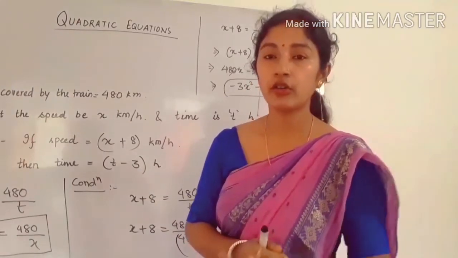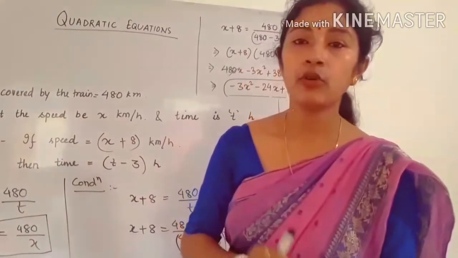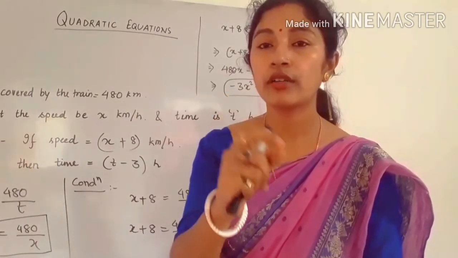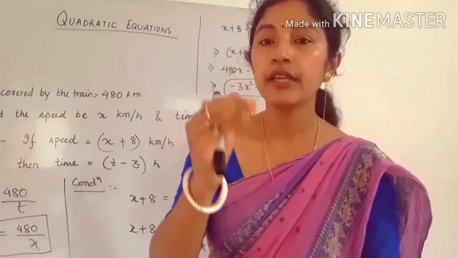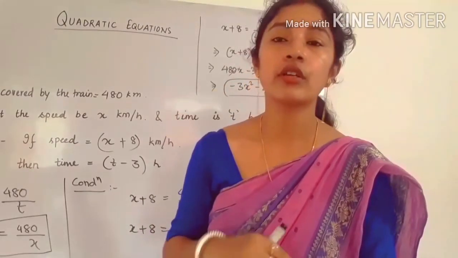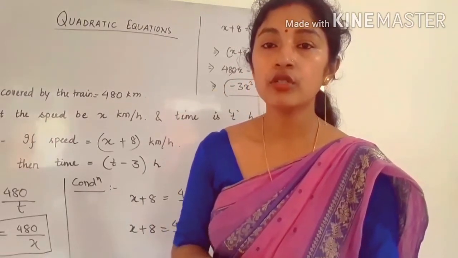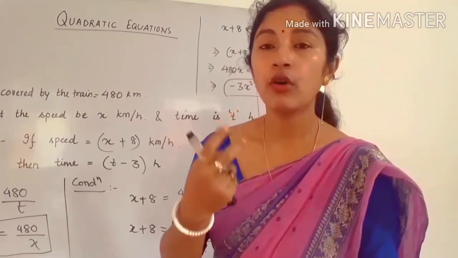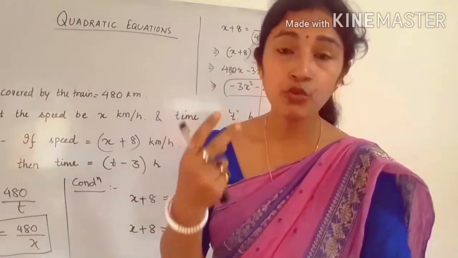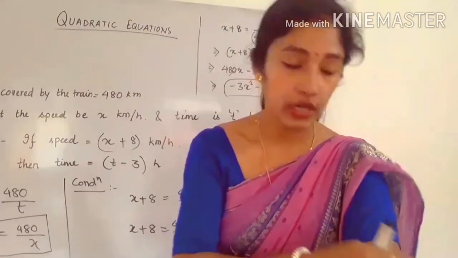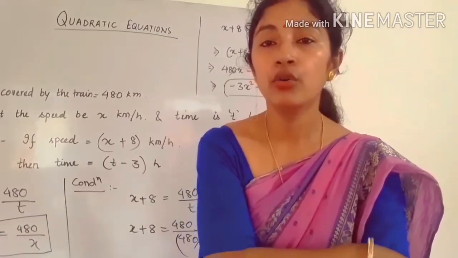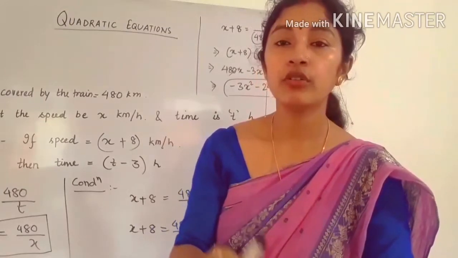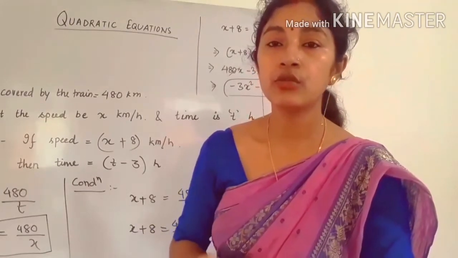So the first method is factorization method, but before that I am going to tell you a small thing about the solutions of a quadratic equation. See, the degree is 2, that means the highest power of the quadratic equation is 2. Therefore the number of solutions of a quadratic equation is also 2. So we got 2 solutions for a quadratic equation, and here the solutions are also called roots. In many lines in the book you can see they are writing roots. So roots means solutions.